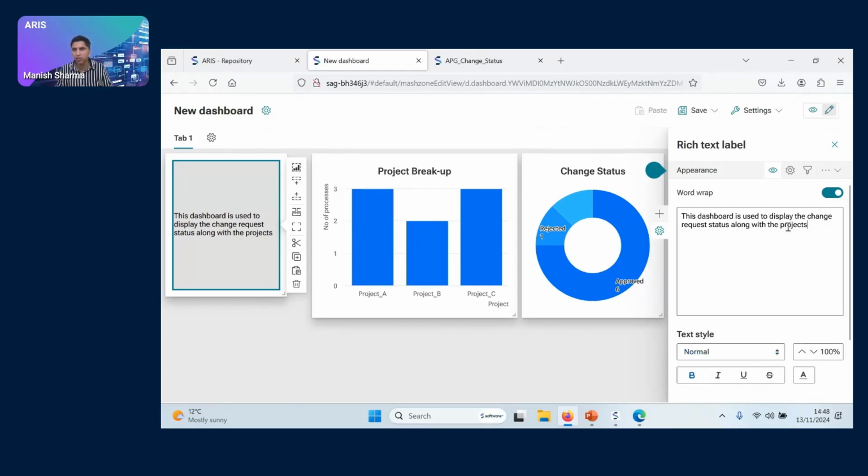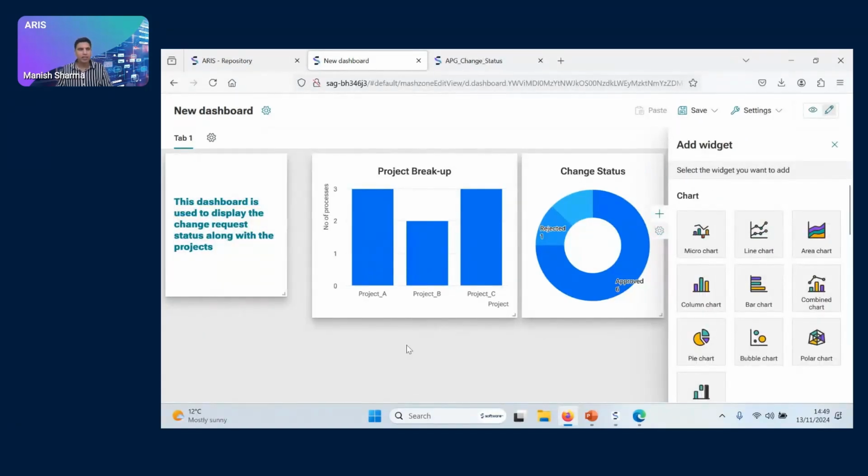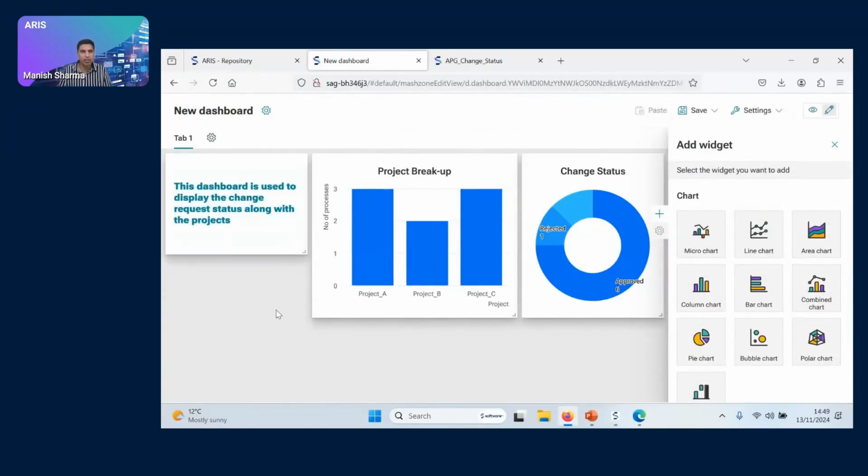You can make this bold and underline it or change its color. Just to show you something. Yeah. Okay. And then I want to perhaps add